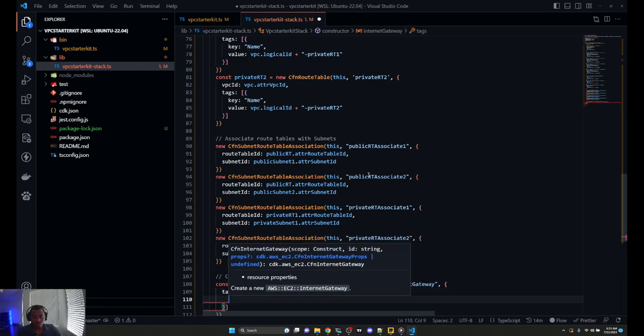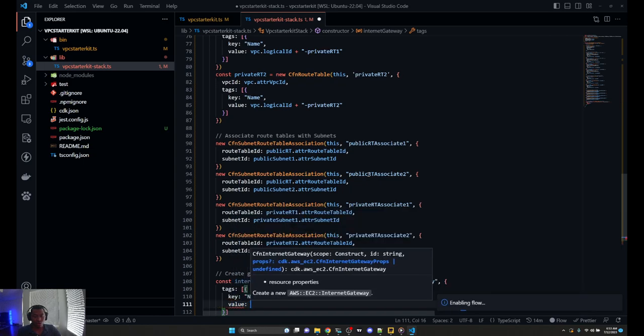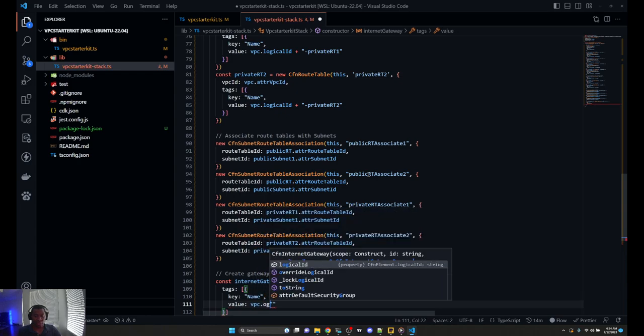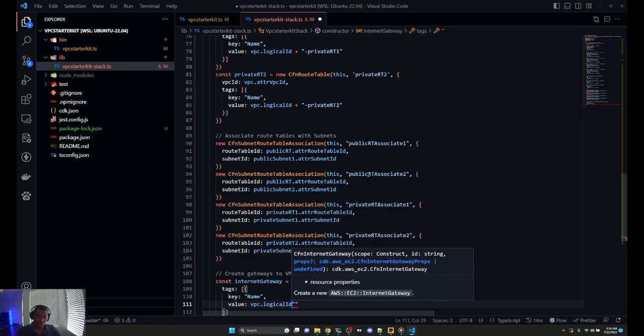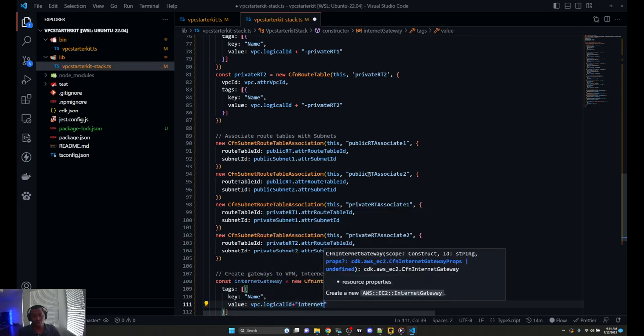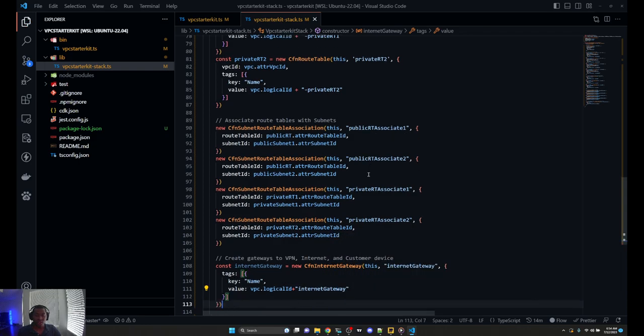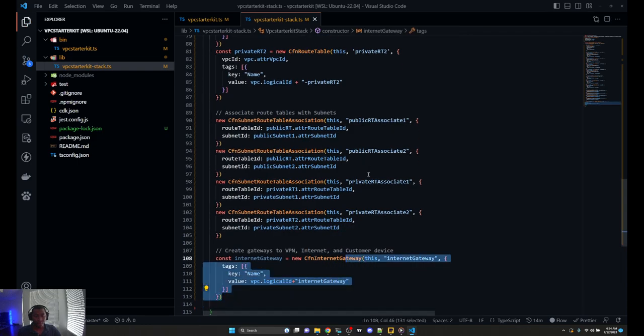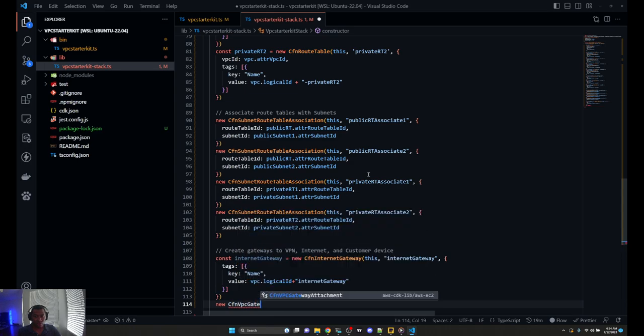We just need tags, because we're going to have to associate this to our gateway. So again, we're going to say key, name, and of course our value is going to be VPC.logical ID, and that's going to be plus internet gateway. Fantastic. So now we have our internet gateway, and let's just go ahead and associate it right now. So we're going to say new. We need to go ahead and say VPC-VPN VPC gateway attachment,